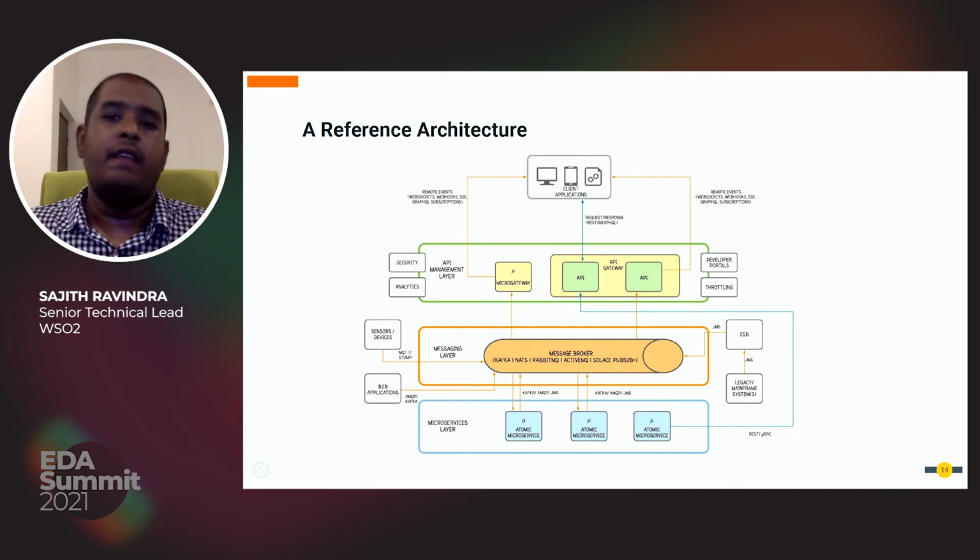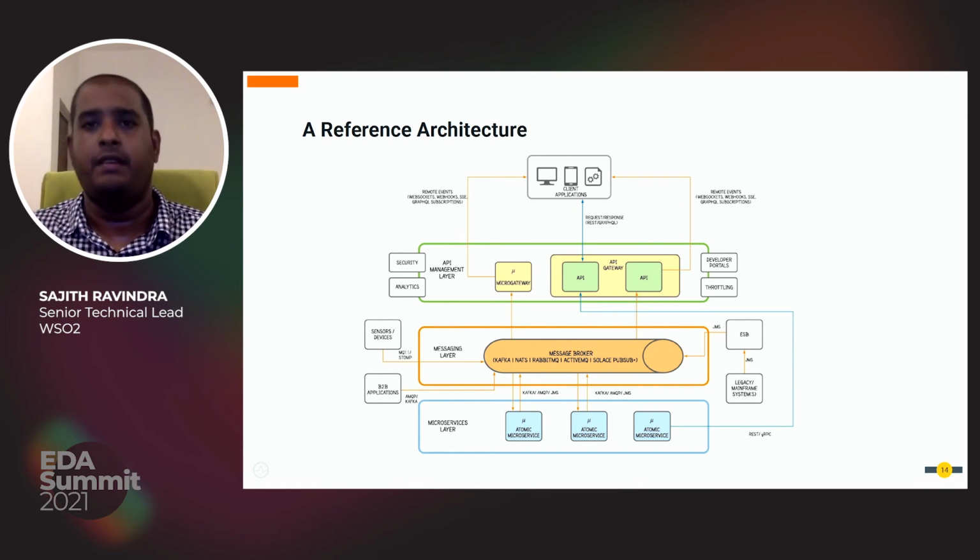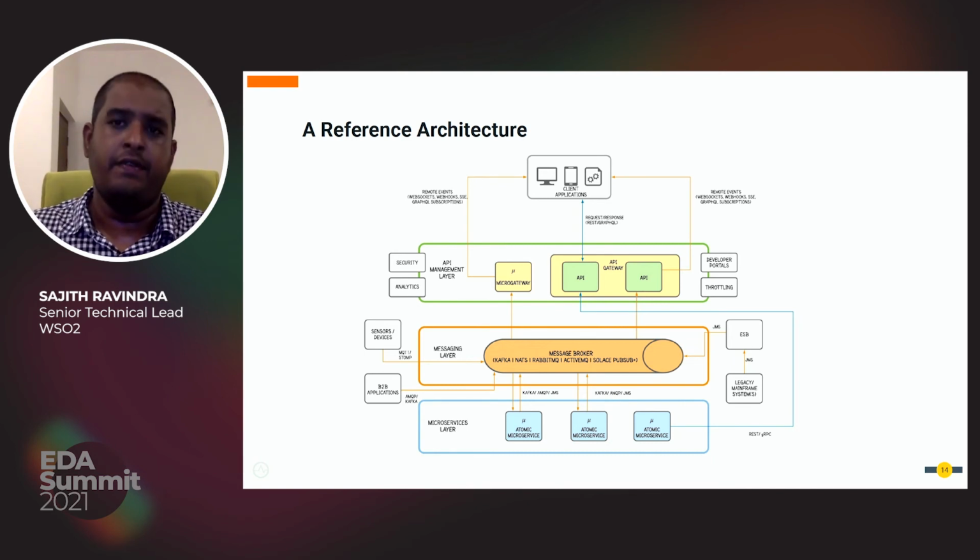Alternatively, you can use a simple integration component which will do a conversion for you. For an example, let's say there's a client application that needs to consume events flowing through a Kafka topic. What could you do? You can simply have a small microservice or a small purpose-built integration component which will do that conversion for you, and then you can expose such endpoints as streaming APIs to the external clients.